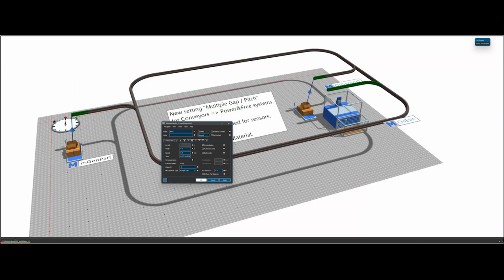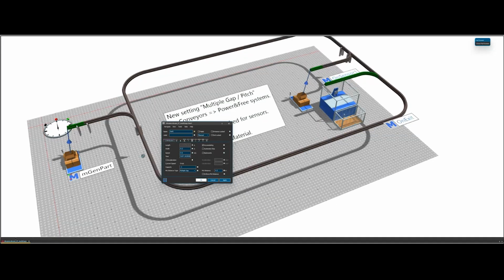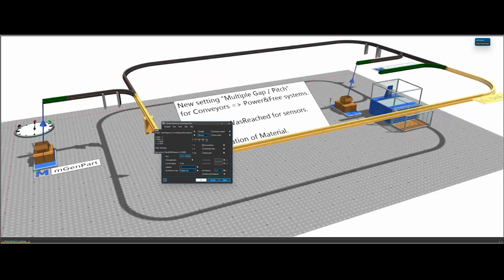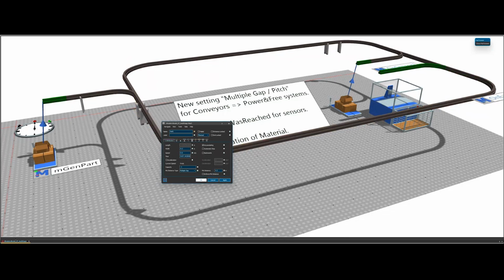which you can easily use to simulate something specifically here, like a power and free kind of system. So I have activated it for all the grayish or brownish conveyors. These are all conveyors, right? So they are simply animated in 3D as suspension tracks or rails from which the parts are hanging. So these are all basic conveyor line objects.